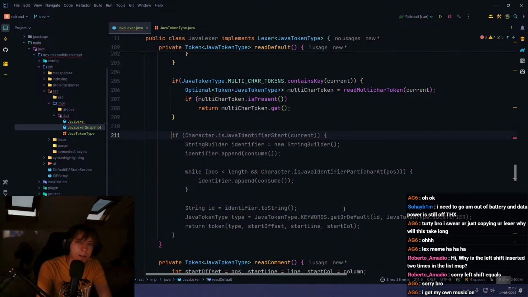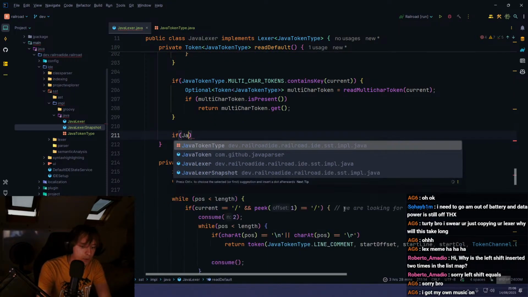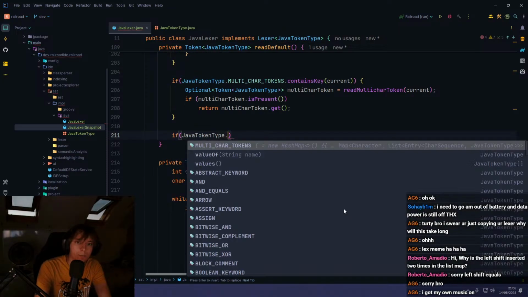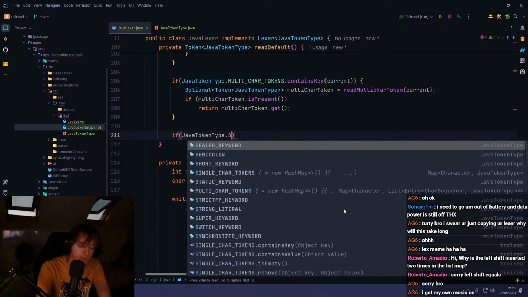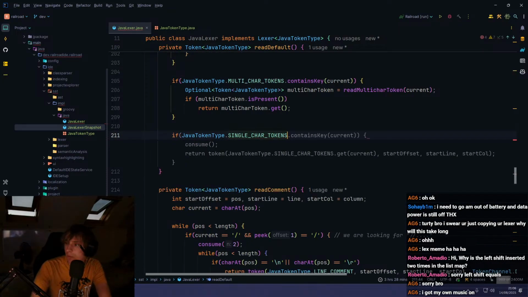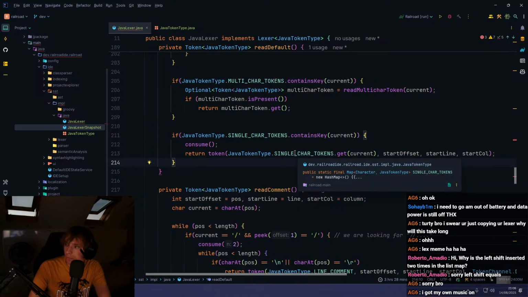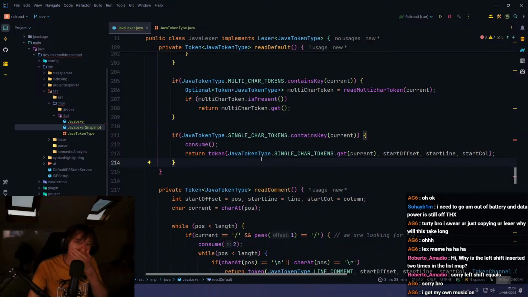Then we need to say if JavaTokenType.singleCharTokens.containsKey(current), then what we need to do,